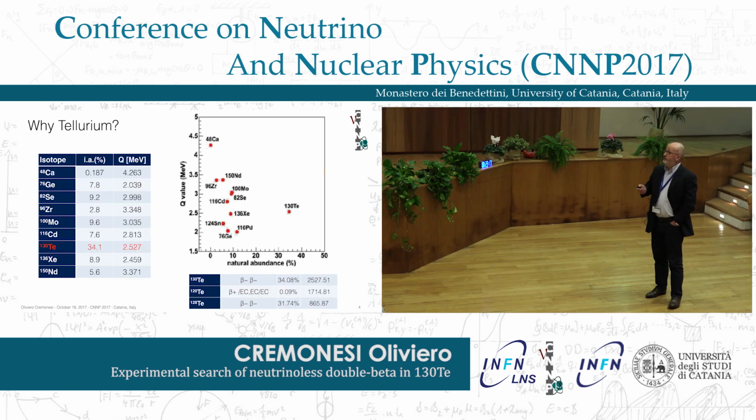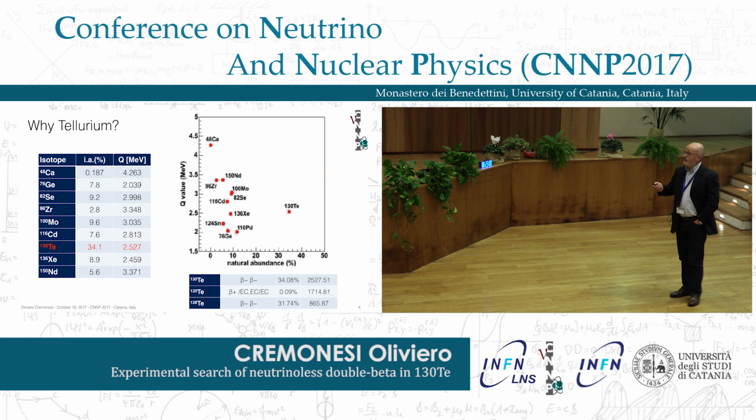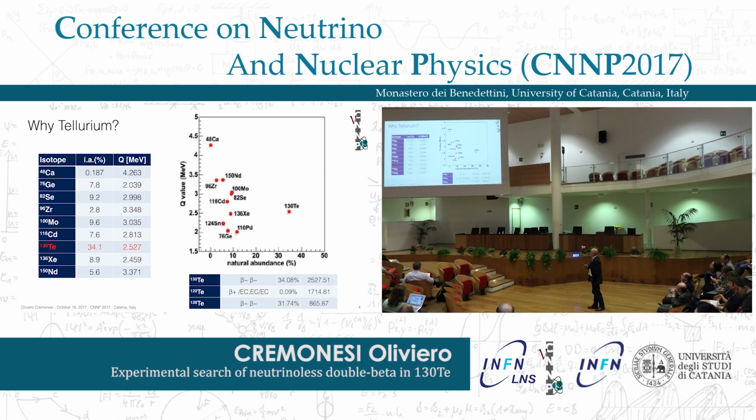How does this translate to tellurium? This translates in different ways. First of all, the properties of tellurium. It has an incredibly large isotopic abundance. It is actually an exception with respect to the behavior of the other isotopes, and it has also a reasonable Q value, transition energy. This is not the best one that we can have since this is below the 2.6 MeV line of thallium, but it is in any case in a good region in the multi-Compton of that line. This means that there are better isotopes. They are those indicated in this part of this plot, but tellurium is a good candidate.